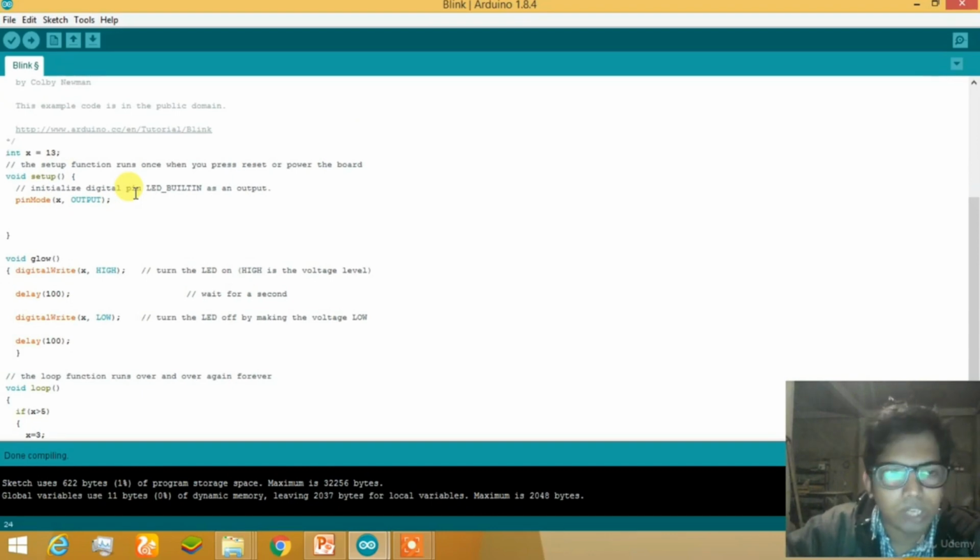But if you want to tell some other programmer, or your future self, what is written here, then you can write a simple line in English without making it go inside the compiler. Give two slashes after that, and write something like this is x that is equal to 13. The line will not go into the compiler. Let's just check it.